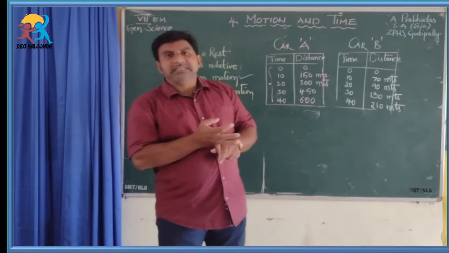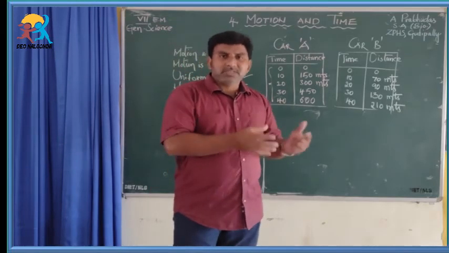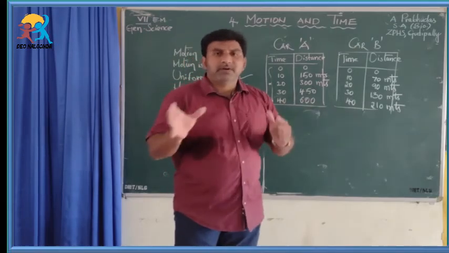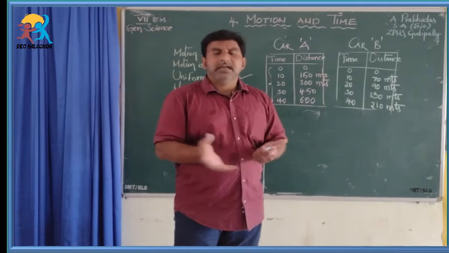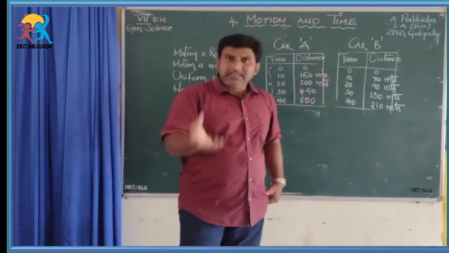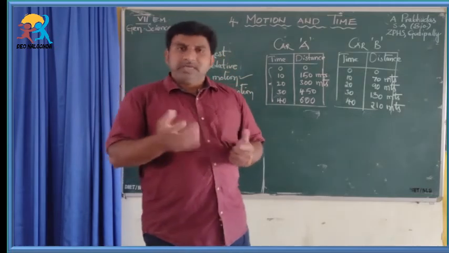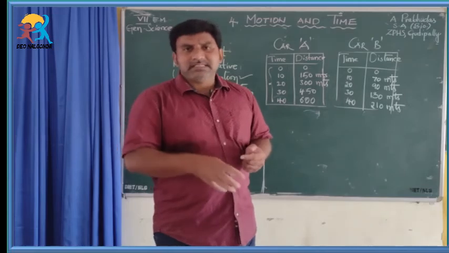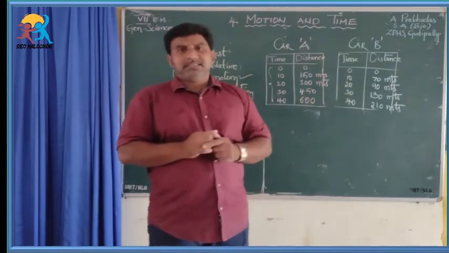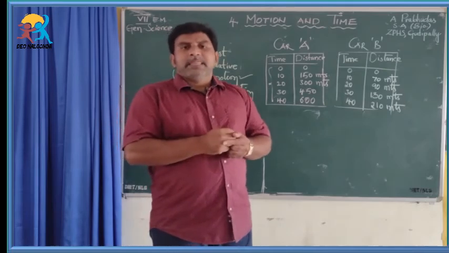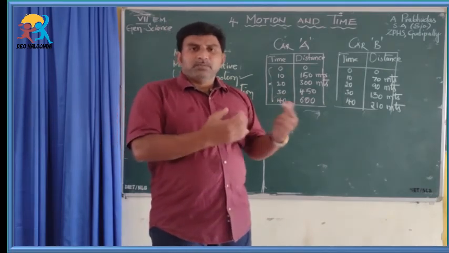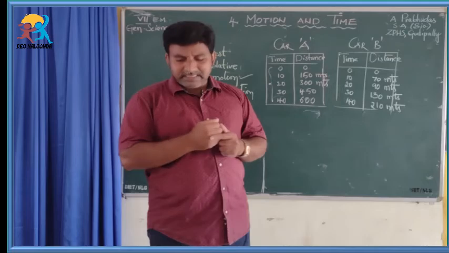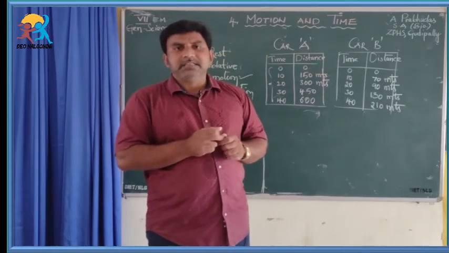So depending upon the distance a body covers, motion is of two types, uniform motion and non-uniform motion. It is very easy to understand and it is very easy to learn. The definition is clearly given in your textbook, you can learn it. So I would like to ask you a few questions regarding these two concepts and you have to give me the answer whether the motion is uniform or non-uniform, and these questions are being asked in your textbook. You can see at page number 31.